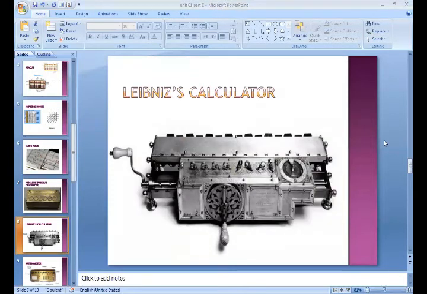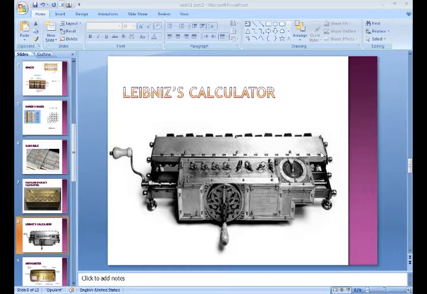Okay. Now we start the next one, the Leibniz calculator. In 1694, the German mathematician and philosopher Gottfried Wilhelm Leibniz, 1646 to 1716, improved on Pascal by creating a machine that could also multiply. Leibniz's mechanical multiplier worked by a system of gears and dials, partly by studying Pascal's organized notes and drawings. Leibniz was able to refine his machine.